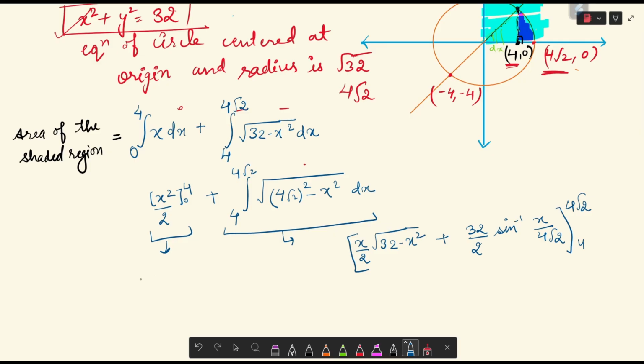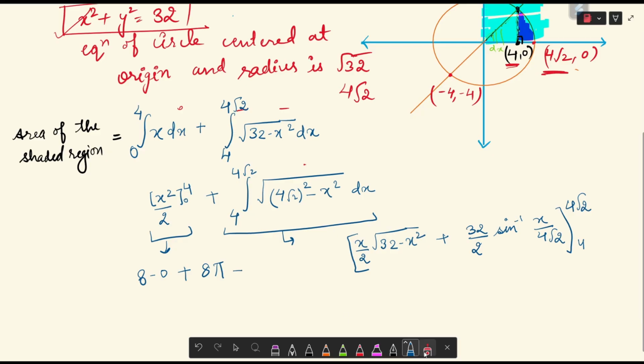4 square is 16 by 2 is 8 minus 0, plus if we calculate this part, so if we put 4 root 2 here, then it will be 32 minus 32, so it will be 0. Okay, if we put 4 root 2 here, then we will get sine inverse 1, which is pi by 2, so we'll get 16 pi by 2, so it will be 8 pi minus